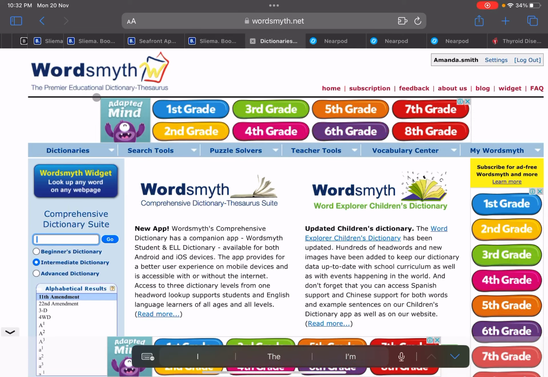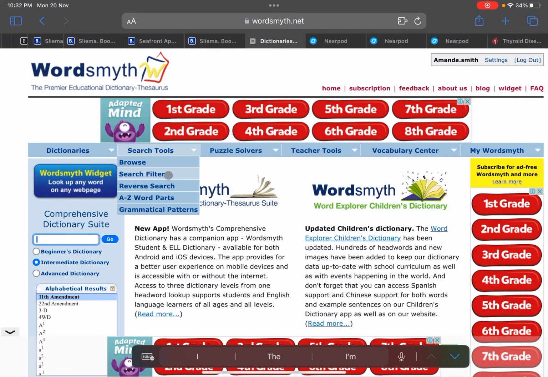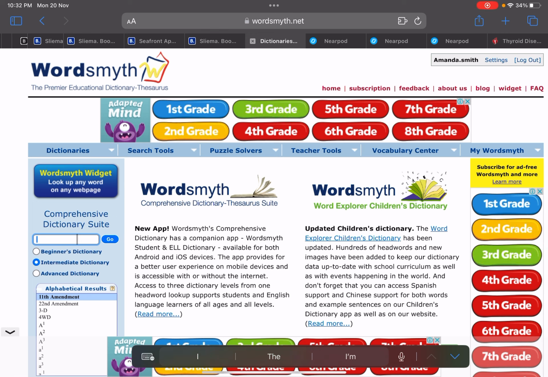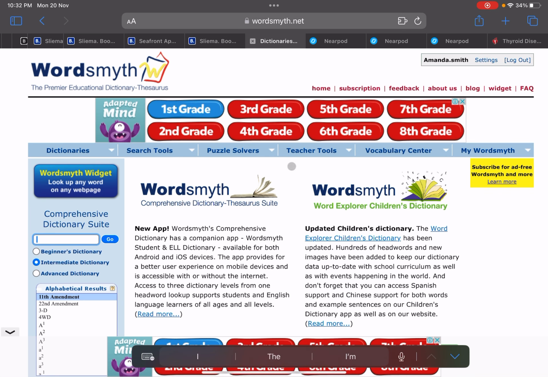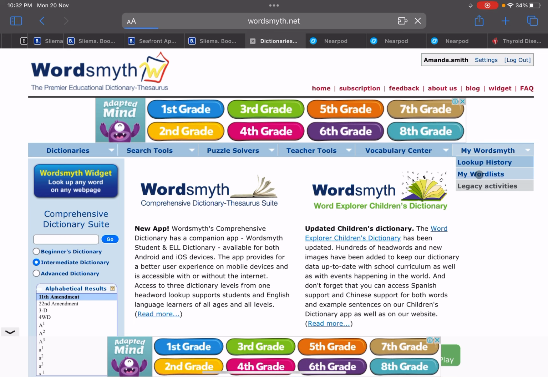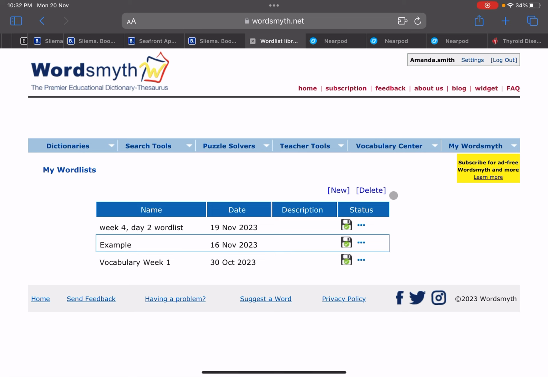So this is WordSmyth. I'm just going to show you how to use it. It's really good for students. They can look up words on here. I just use it in my class. I showed my students how to use it as well, if they ever are in a class and they have to know vocab words. So what it does is I created a vocab list already just for time purposes, but